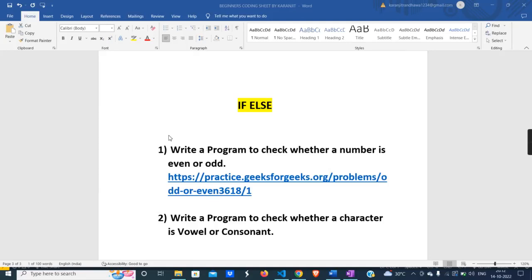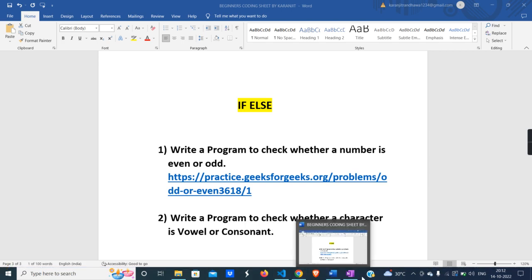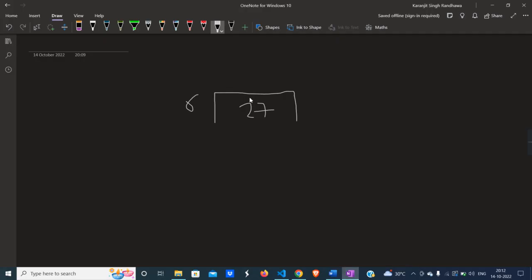In this video, we will be looking at the problem of how to check whether a number is even or odd. So before diving into the problem, one basic maths I would like to share. See, when we divide any integer by any integer, how to determine what is the quotient and what is the remainder. Like in our traditional way, we divide